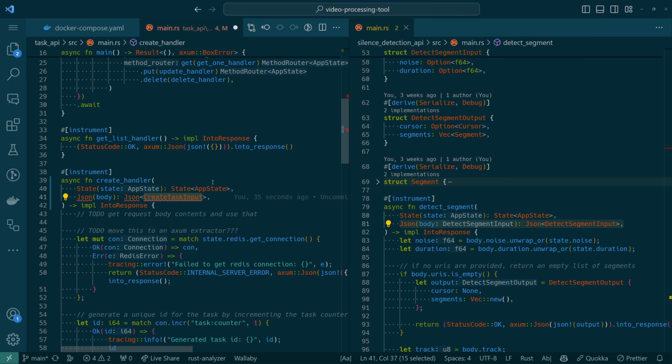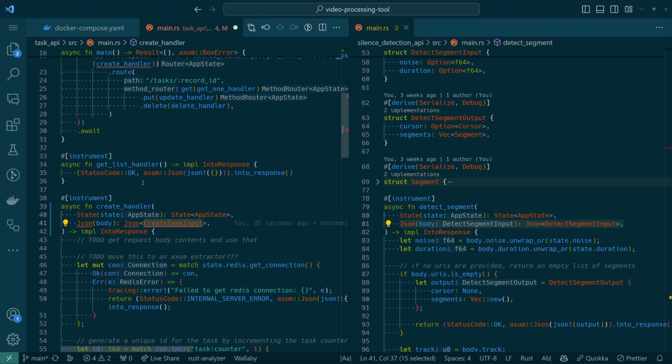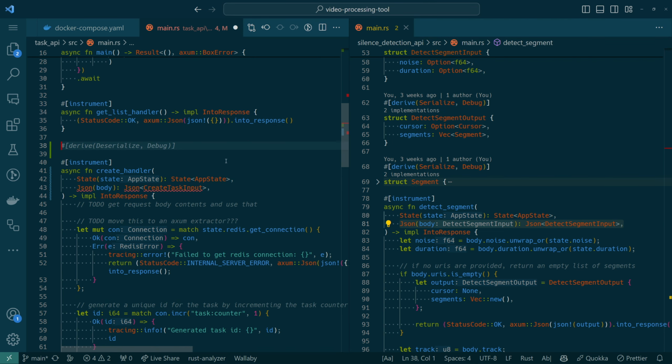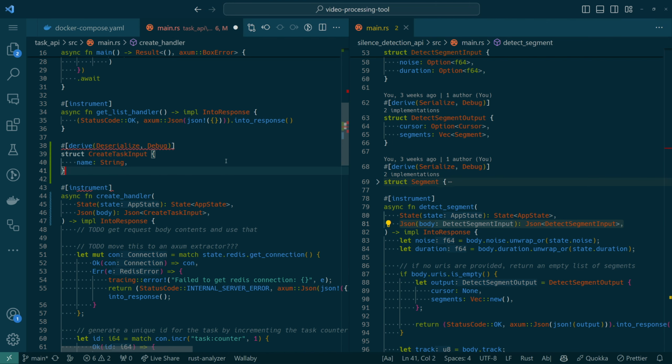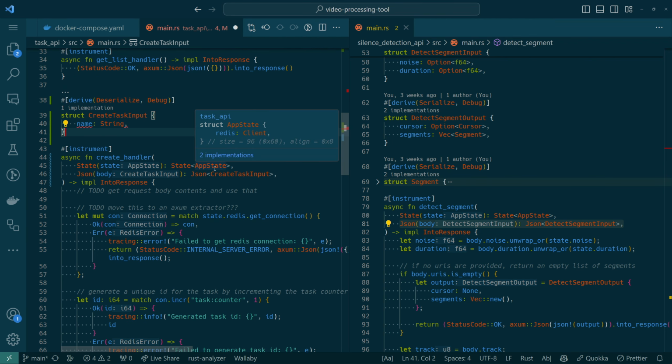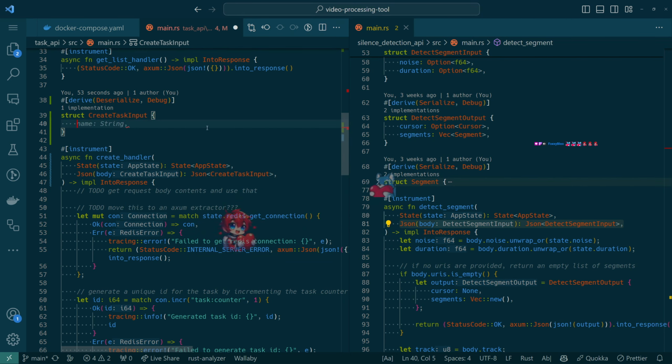The warning won't go away until we save, the way this is set up. And I think Copilot is going to do this for us. There we go. Of course, this is not what we want, but it's a start. So the actual things we need for the create task input are